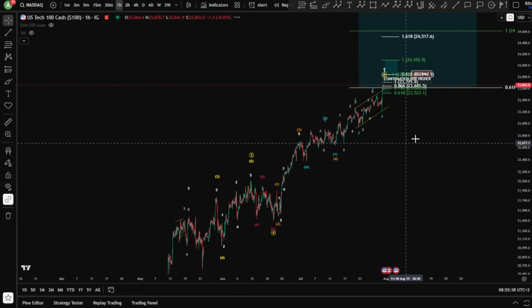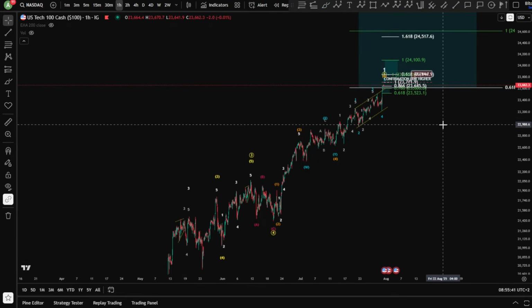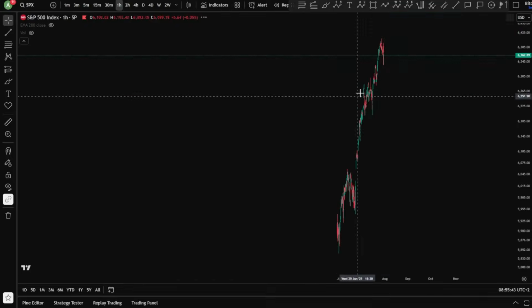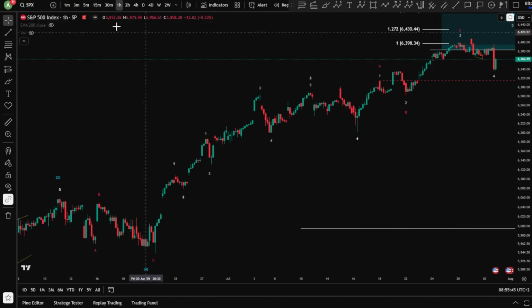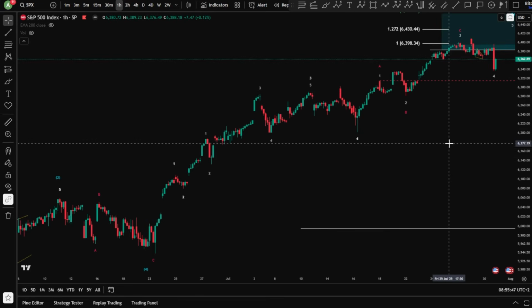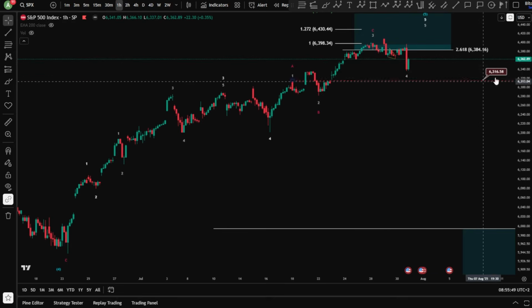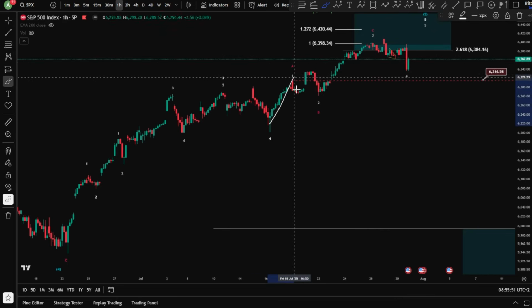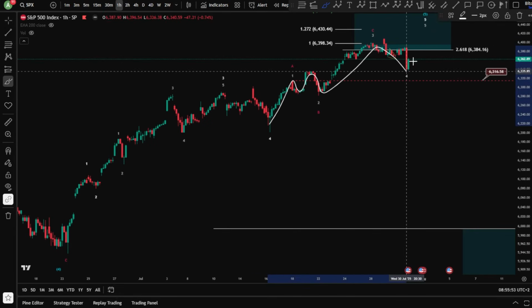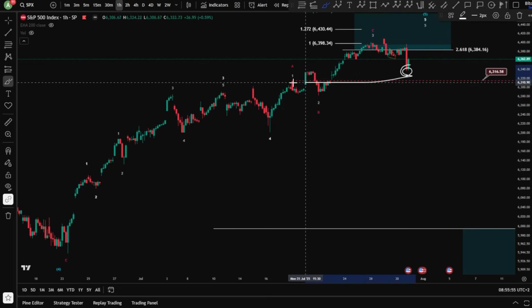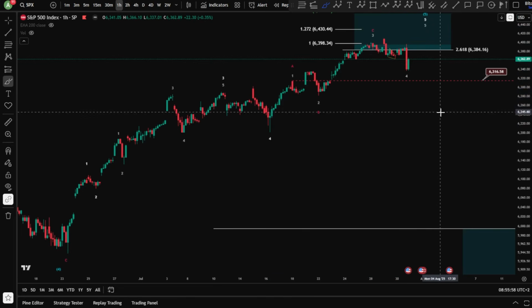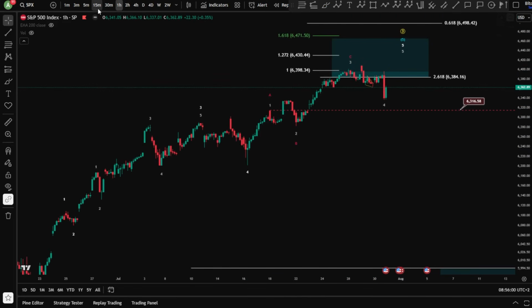So we're gonna see how this is going to unfold for Nasdaq. If we take a look at the SPX 500 to see what happened, on the SPX 500 we got the wave 4, no invalidation yet given. We are still in a wave 1, 2, wave 3, wave 4, wave 5. The wave 4 did not interfere with zone 1,